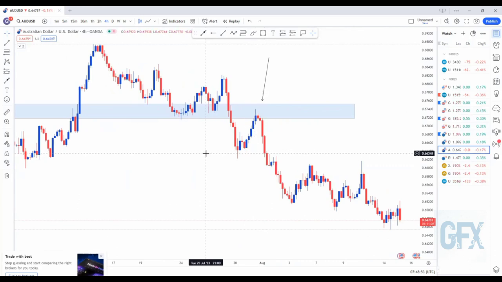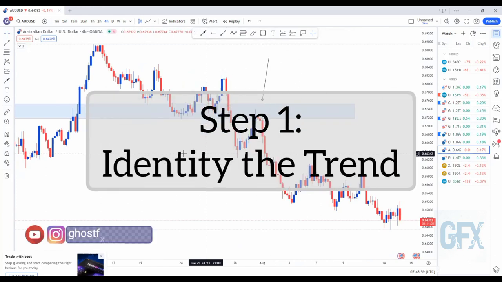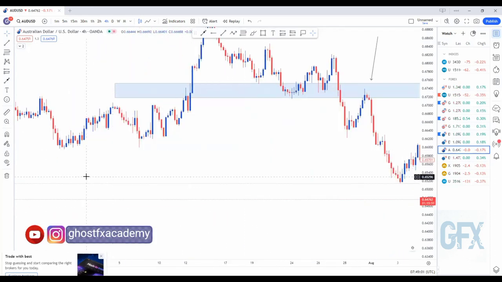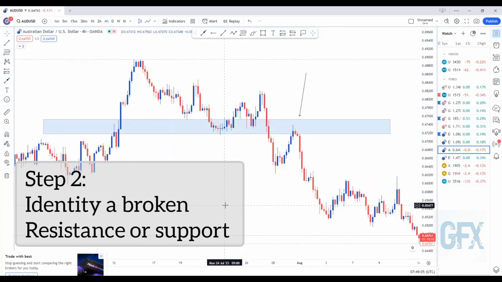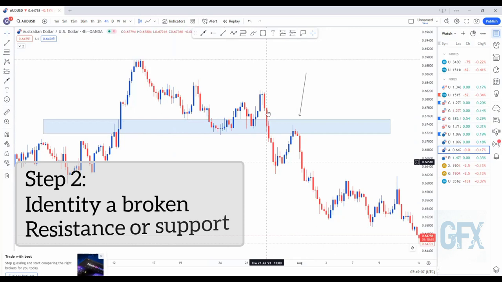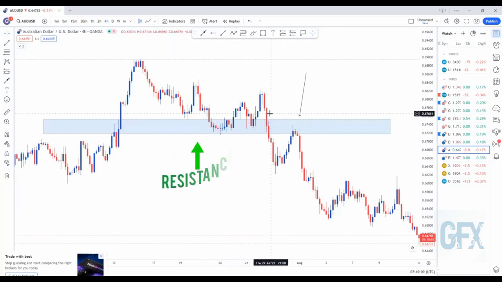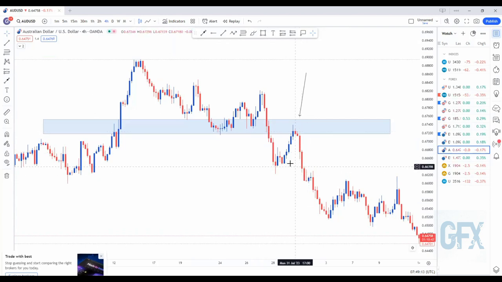So don't forget, guys, the first step, like I said, is identifying the trend. You've identified the trend. You've seen that price moved from a bullish to a bearish trend. Now secondly, you've identified a broken resistance, which was here. Price broke this resistance and turned it to a support now to go down. Now it's the third step, which is retesting it, and price has retested it. Now entry, you have to enter with